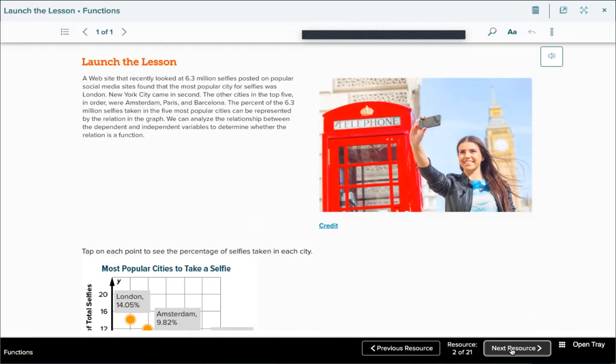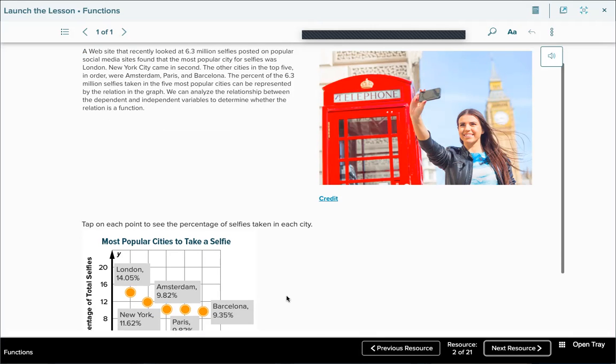So when we're talking about functions, it's a relationship between our input variables and our output variables, or dependent and independent. We talked about that a little bit already in 3-1. So a website that recently looked at 6.3 million selfies posted on popular social media sites found that the most popular city for selfies was London, and New York City came in second. The other cities in the top 5 in order were Amsterdam, Paris, and Barcelona. The percent of the 6.3 million selfies taken in the 5 most popular cities can be represented by the relation